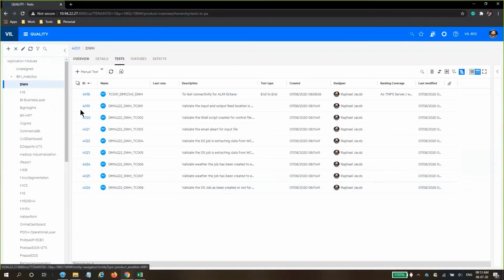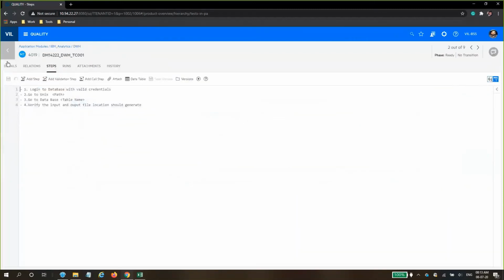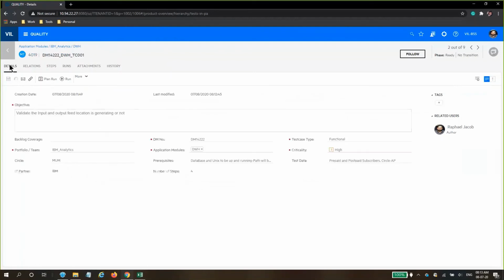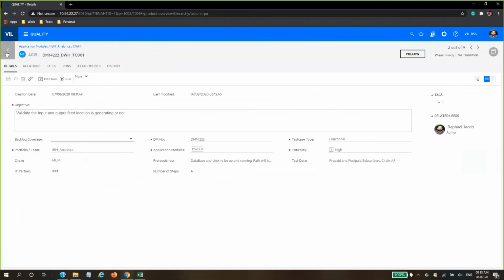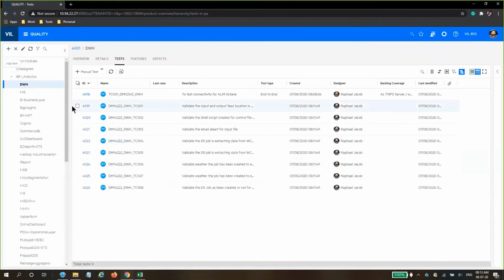Next, one more step that we need to do is to link the user stories to the test case. For that, you can go to each of the test cases, and if there are multiple user stories for which you've written the test cases, you need to select them individually using the same method that we had seen earlier. Or if the test case is written for a single user story, you can simply select all.